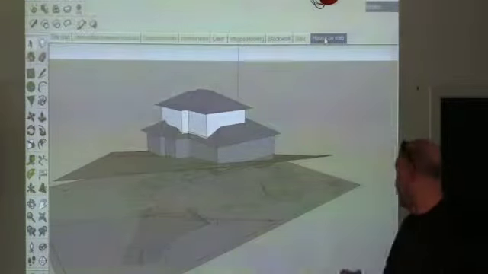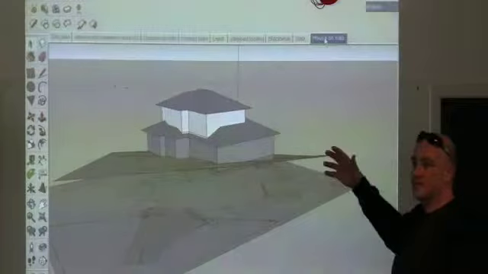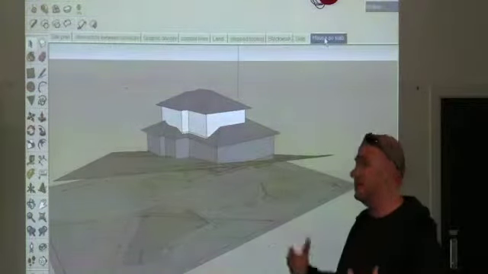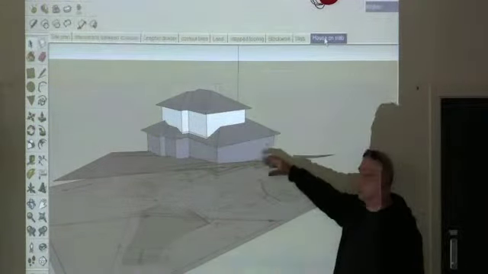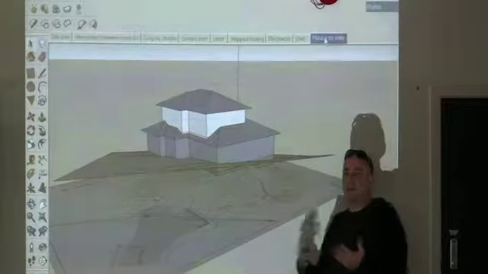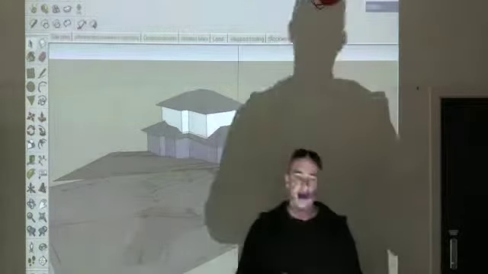And this is just a very blank model of the house that we use to teach from. Again, they've got the plans, and there's also a properly developed model of this house in the 3D warehouse, which I've made publicly available. So they can go to the 3D warehouse. There's a block on my